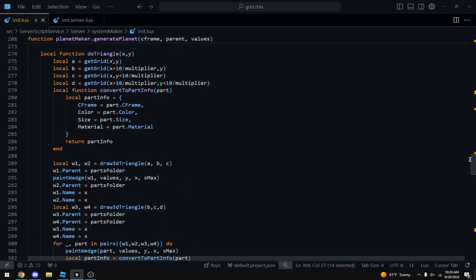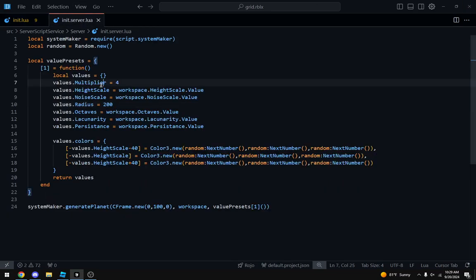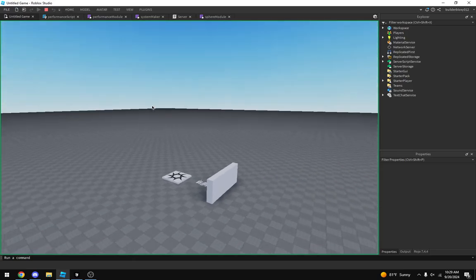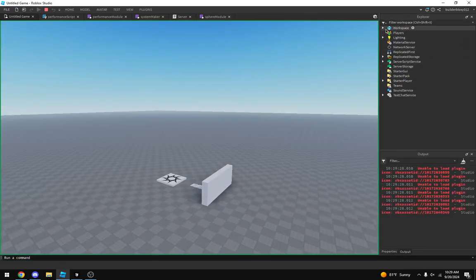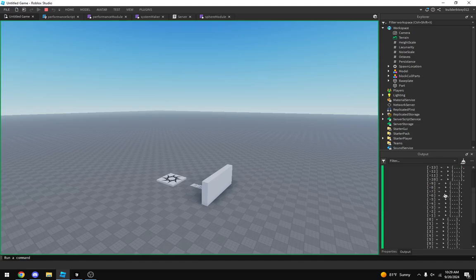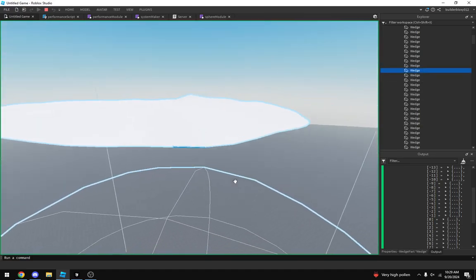What? Oh, I forgot. These are the poles.